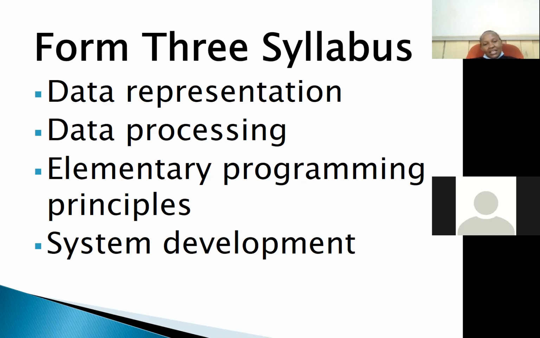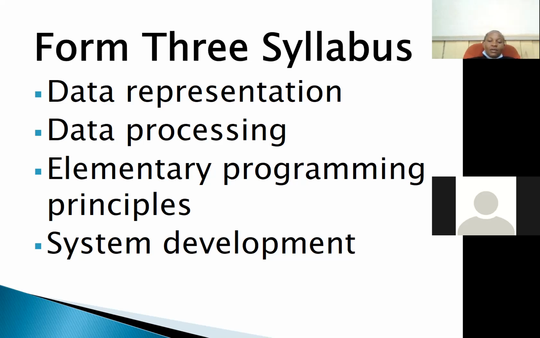Again, in data processing, you are supposed to know about the coding schemes. As a candidate, be able to know the 3 coding schemes, how many bits do they use to represent data, and many other information on that. Then we have another topic, elementary programming principles. This is a topic that is majorly tested in question 16, whereby some questions can be in the form of theory, and others can be in the form of the algorithms, that is the pseudocodes